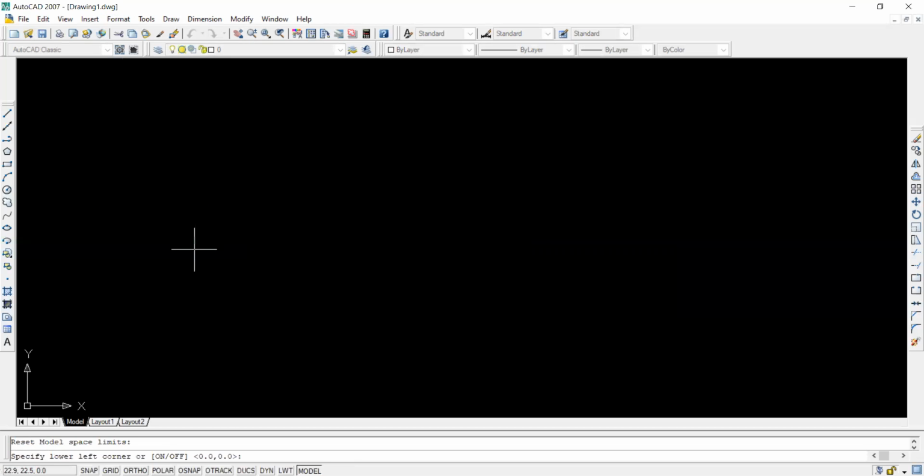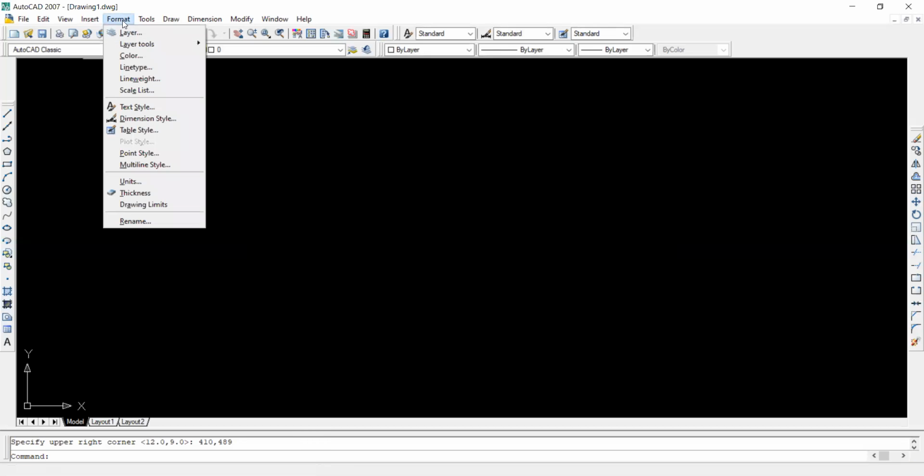So drawing limits: here you can see the left corner 0,0 and the right corner. You can go for any limit. Okay, so this is the units command and limits command.